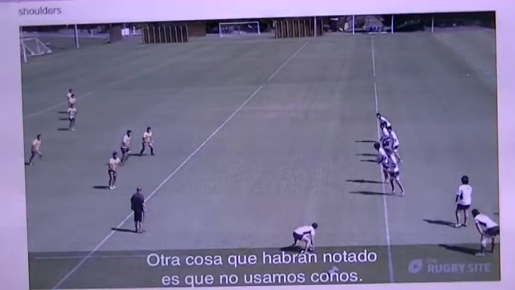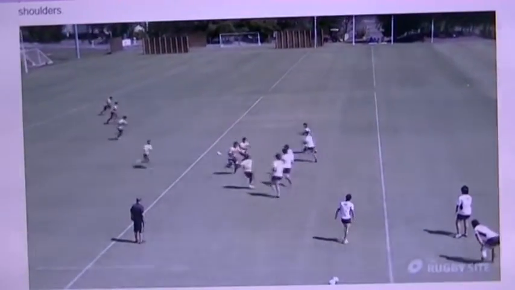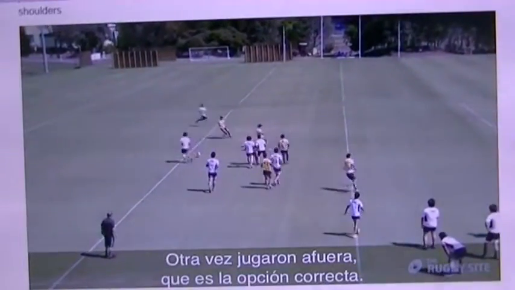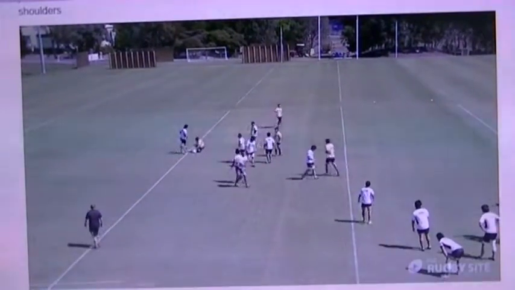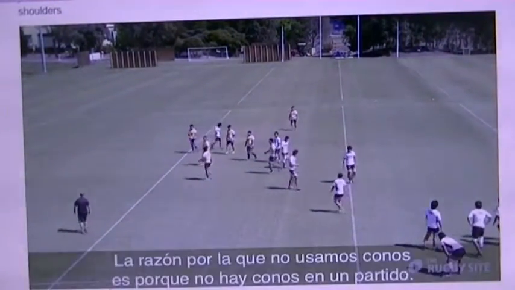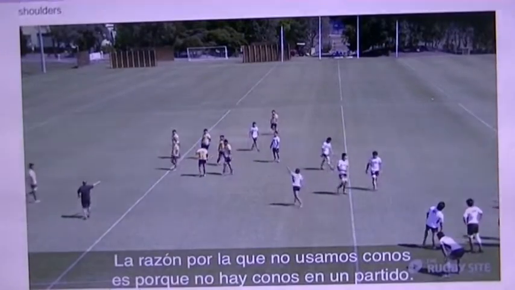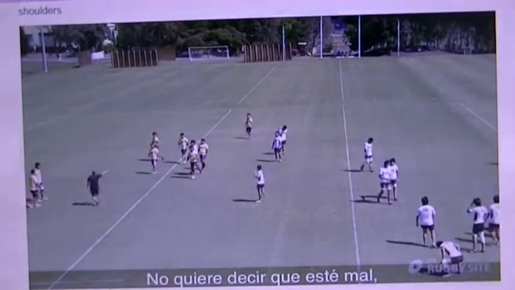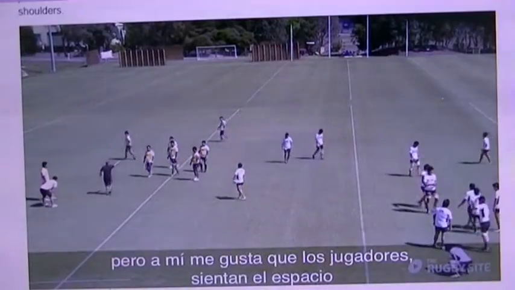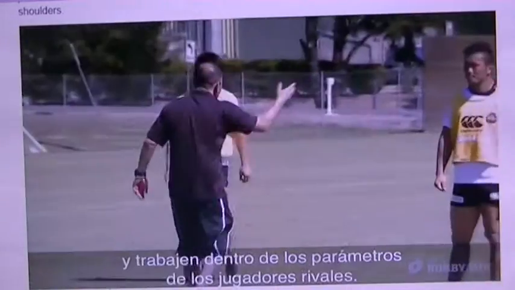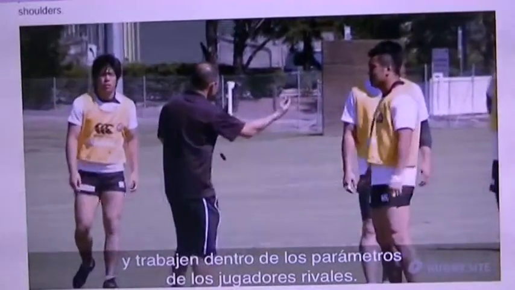The other thing you might notice is that we don't use cones. So again, they've gone to the outside there, which is again the right option. And the reason I don't use cones is because there's no cones on a rugby field. That's not to say it's wrong, but I like the players just to fill the space and work in the parameters of the players they're